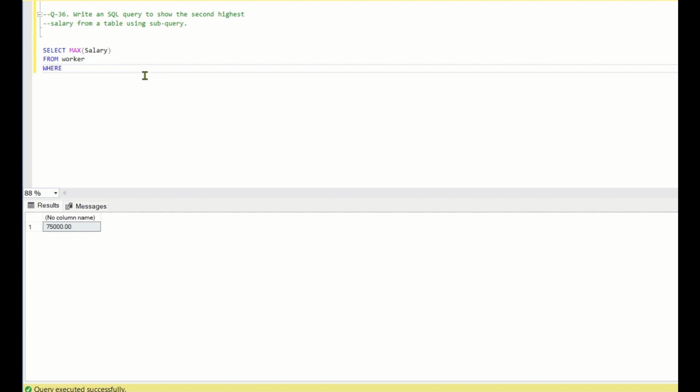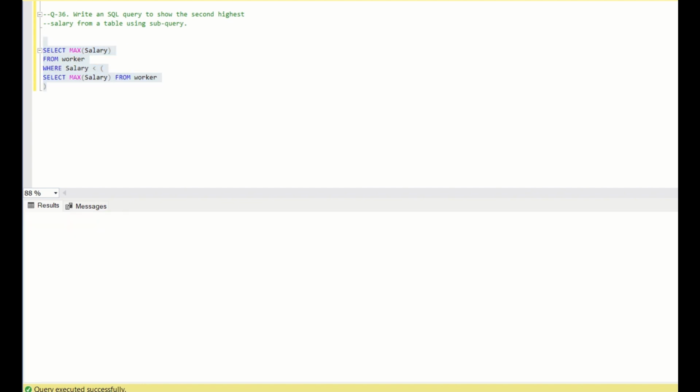So where salary is less than, again select max of salary from worker. Here, first the subquery is executed. Select max of salary from worker will give you the maximum salary. So from the worker table we are filtering out all the salaries which are less than the maximum salary. When you filter those out, you get a set of other salaries, and in those salaries you are checking the maximum. So this is how you get the second highest